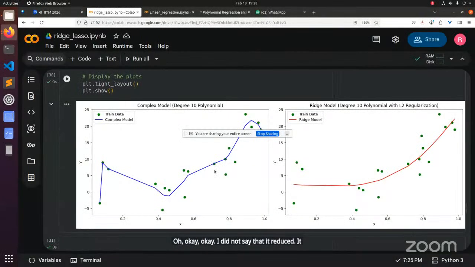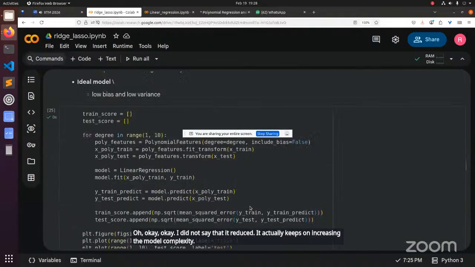Sir, I have a doubt. Yes, please. Sir, yesterday we saw polynomial regression. On that, we said n equal to 10 is overfitted. But today, if we increase the n value, it reduces the model complexity. How, sir? Oh, okay. I did not say that it reduces it. It actually keeps on increasing the model complexity. Okay, so you see,